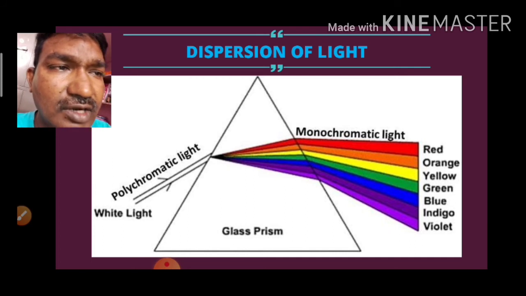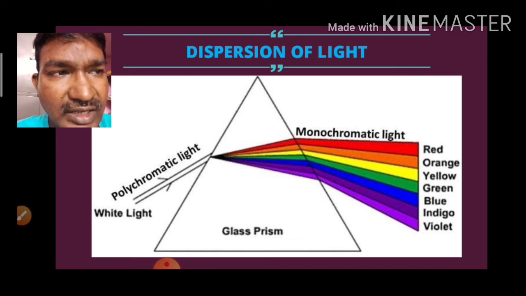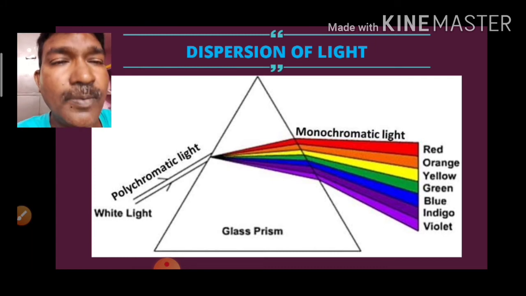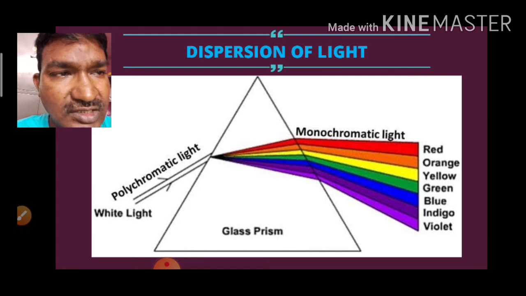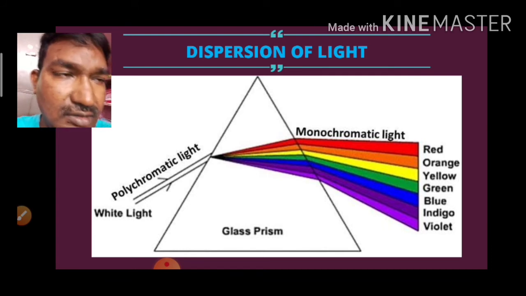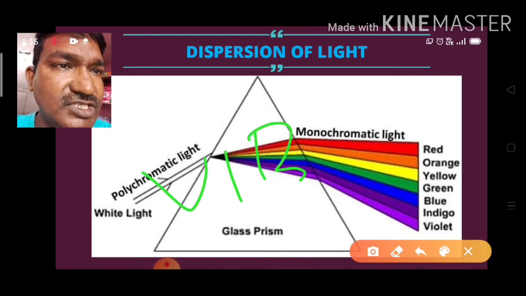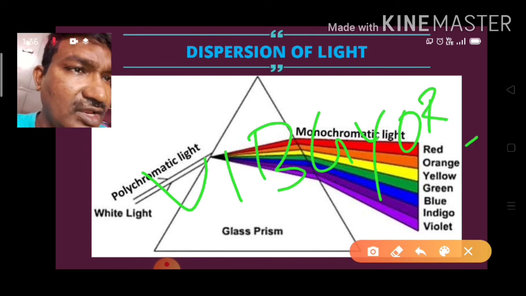So here at the bottom we are having the violet light, and at the top we are having the red light, and in between these two extremes we have the indigo color, blue color, green color, yellow color, orange color, and red color. So one popular acronym is there to remember this order, that is the VIBGYOR, that we know very well. VIBGYOR is the popular acronym that helps in remembering